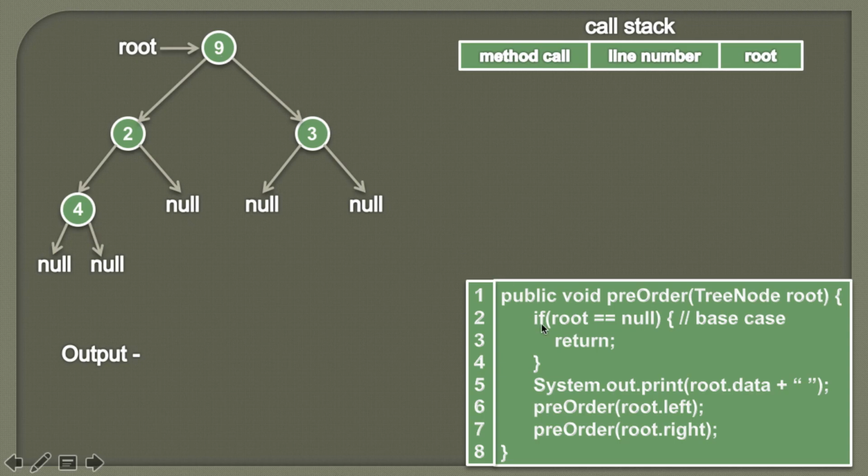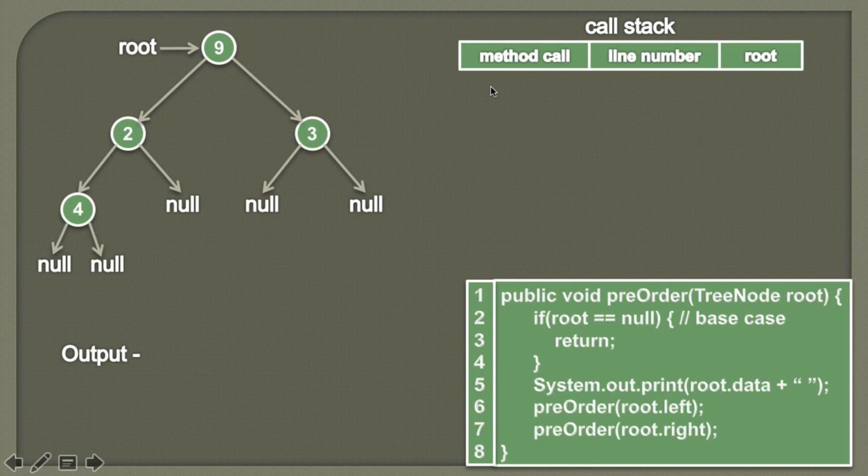So here you can see that below is the algorithm for it, and as we are applying this pre-order traversal to each and every node recursively, here we know that the method name is pre-order, and inside this method we are again calling this method to process the left and the right subtree. So friends, when we are doing a pre-order traversal, we are calling this method recursively, and in order to understand this method recursively, here we are maintaining a call stack which has method call, line number and the root.